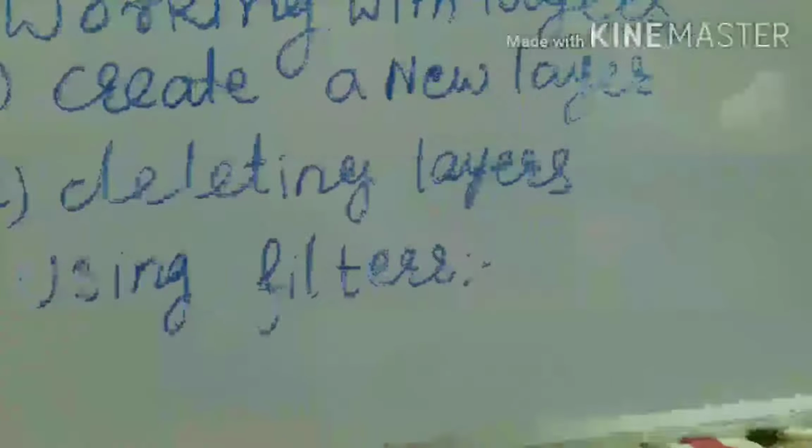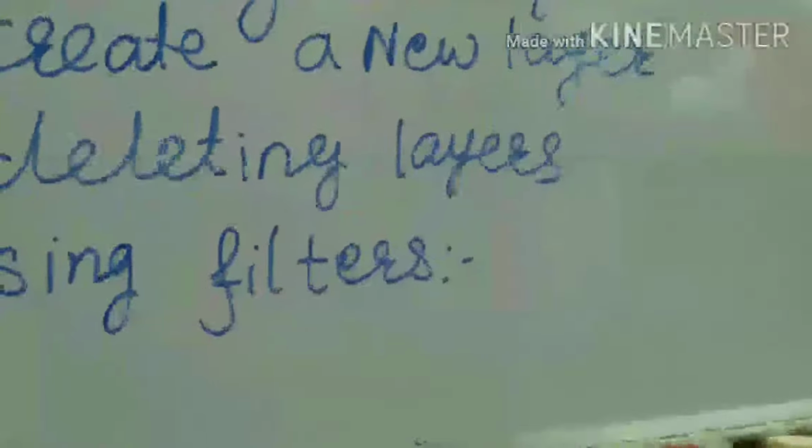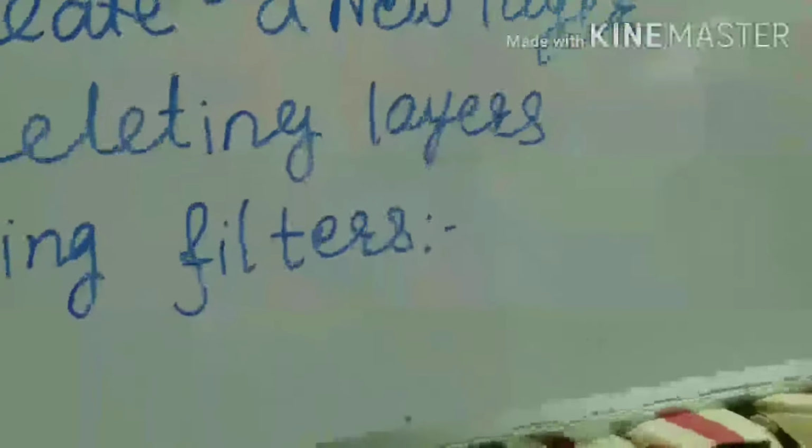If you want to change the background of the image, when the layers together make up the contents of the image, that time we need to create layers. First, let us learn how to create a new layer. In the file menu, select the new option. In the menu bar, select the layer menu, then select the new option, layer.